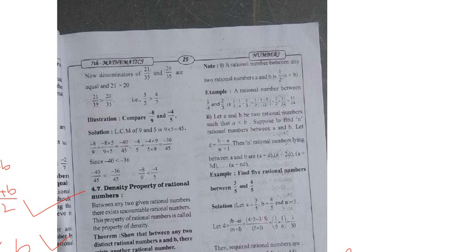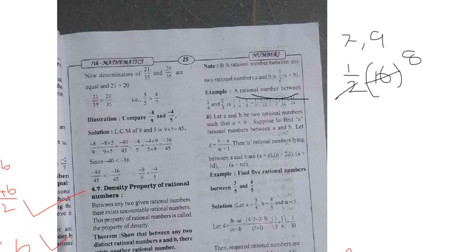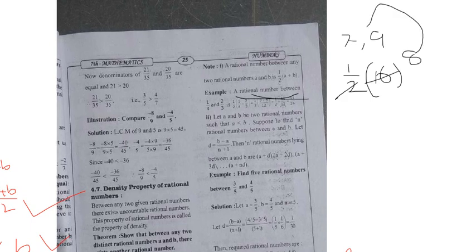According to our formula, if you want to find the rational number between two numbers, for example 7 and 9, your job is half into 7 plus 9, which is 16. 2 8s are 16, so 8. Does it lie between these two numbers or not? Yes. Similarly, if they give any numbers here, like 1 by 4 and 2 by 3, who cares about that?